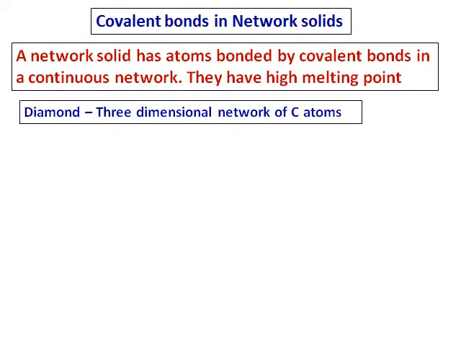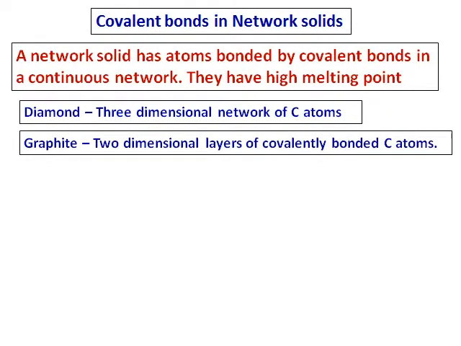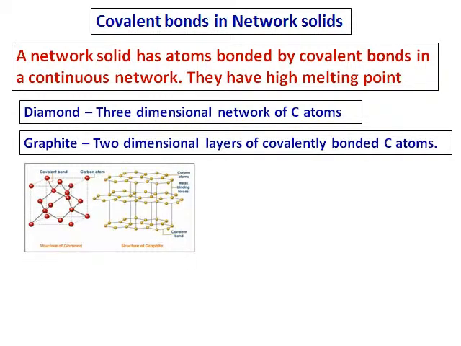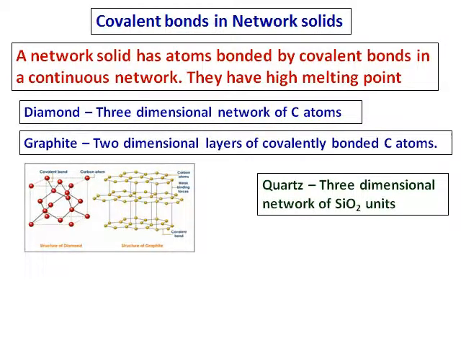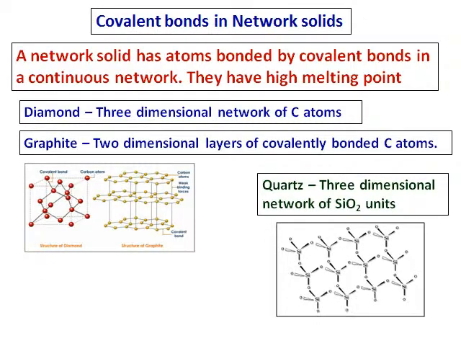Some of the examples of network solids are diamond, which is a 3-dimensional network of carbon, and graphite, which is another example that has 2-dimensional layers of covalently bonded carbon atoms, and the diagram is given there. The one on the left-hand side is diamond and the other one is graphite, and you can see the multiple covalent bonds. Because of the large number of covalent bonds, these compounds have high melting points. Another example is a 3-dimensional network of silicon dioxide units, and that is quartz, and the structure of quartz is also given there. These are some of the covalent compounds which have very high melting